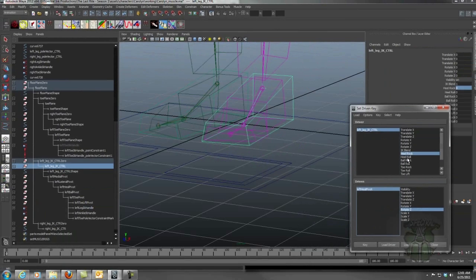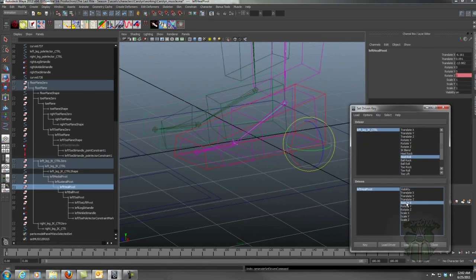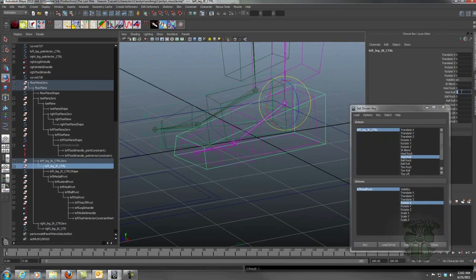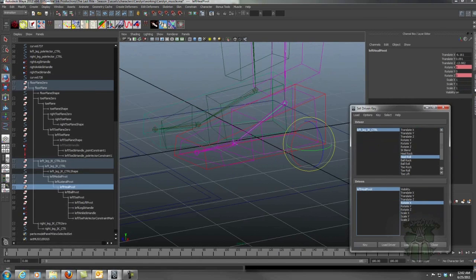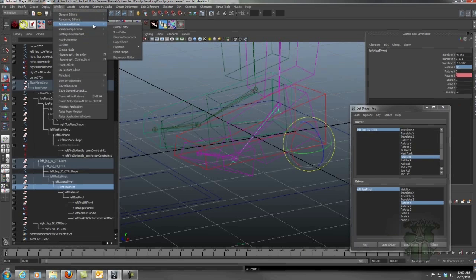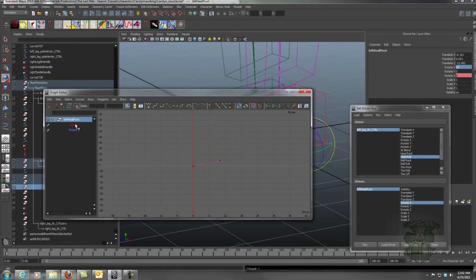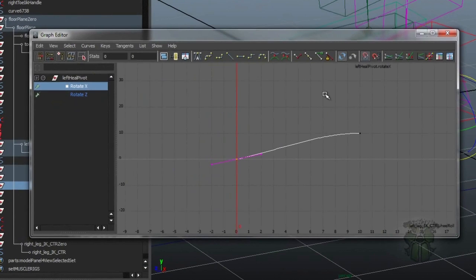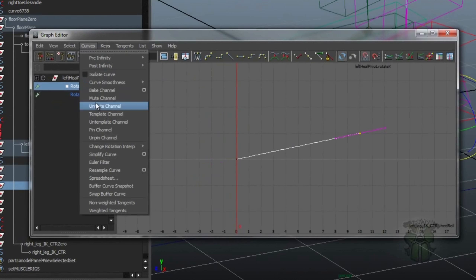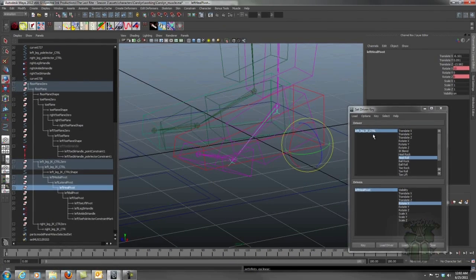Okay, so now that we've done that, let's go ahead and do the roll. Roll's the same thing except in the X. It should be the rotate X, not the scale X. Key that. Set that to 10. Set that to 10. And again, the same trick. Bring that up there. Now we have a rotate X. Let's fix those tangents. And then pre-infinity linear, post-infinity linear. And so now